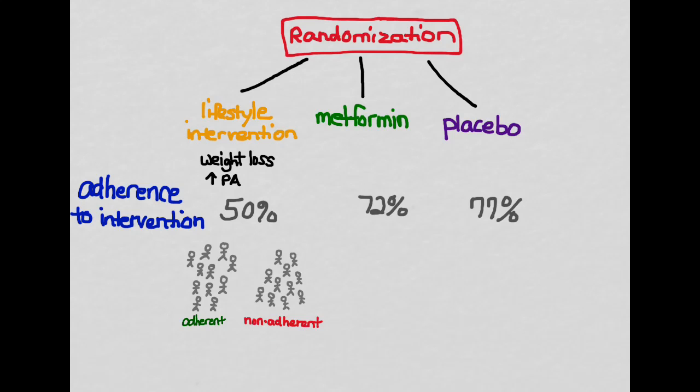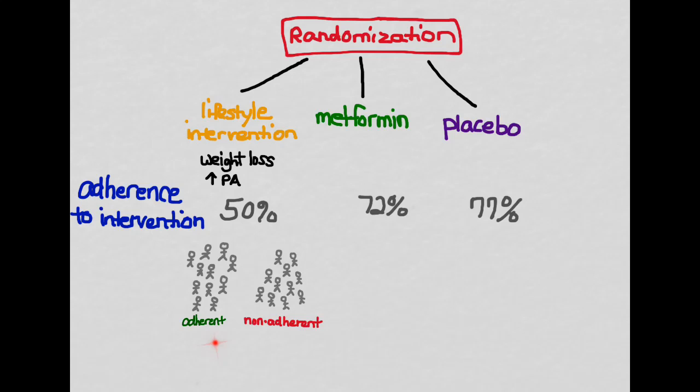So the whole point of a randomized controlled trial is this randomization. And what the randomization does is it eliminates any confounding variables that may differ between these arms. So it makes it so that in every arm, people are equivalent except for the specific treatment that they're getting in the study. So if you don't use intention to treat analysis, you're breaking the randomization. So all of the benefits and the strength of evidence that you get from doing a randomized controlled trial is eliminated because you've now broken the randomization.